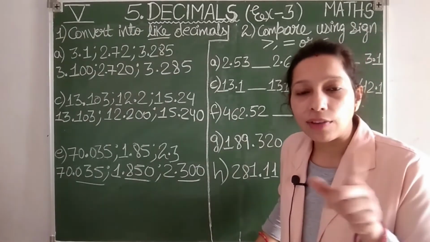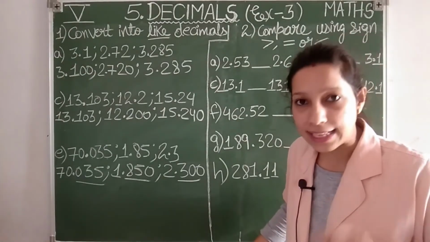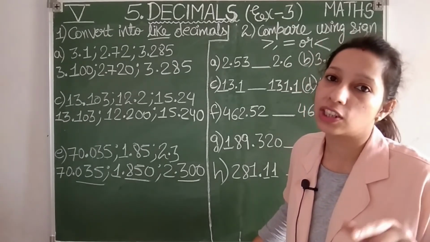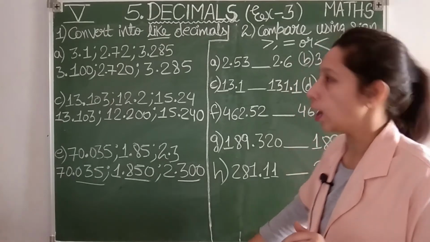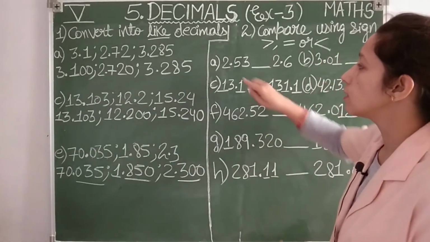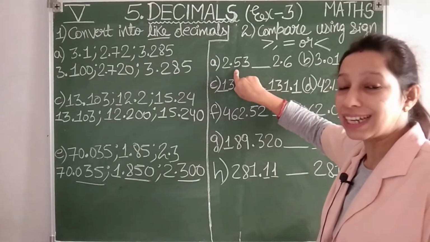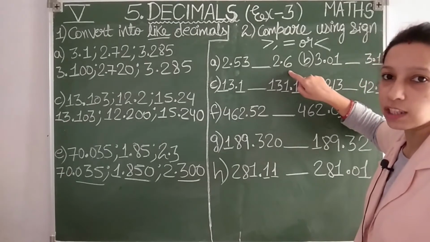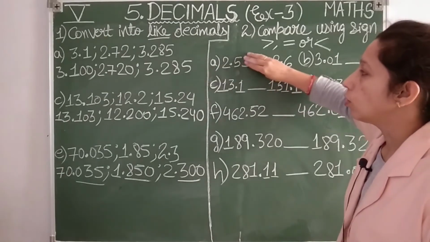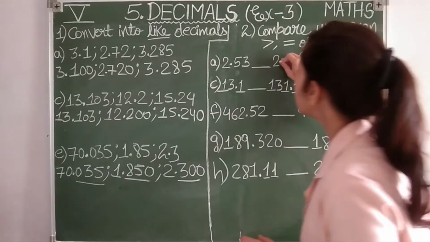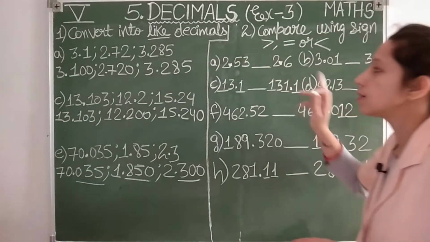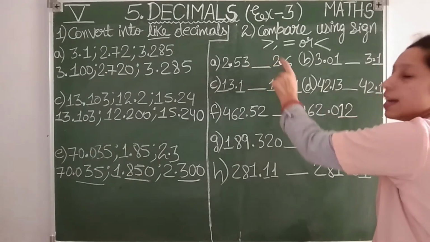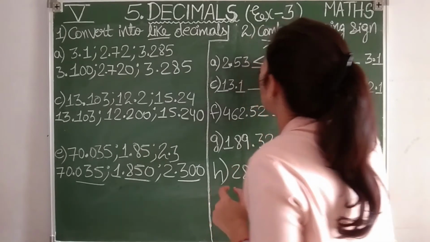For deciding which one is greater, smaller or equal for decimal numbers, again you have to see the first digit after the point, meaning the digit written at the place value just after the point. Okay, students, here after the point, which digit is there in the tenths place? It is 5. Here after the point, which digit is at the tenths place? 6. Now forget about 3, students. Ignore this. You just see after the decimal which is the first place. Here it is 5, here it is 6. Which one is greater? 5 is greater or 6 is greater? 6 is greater, so this decimal number will be greater.